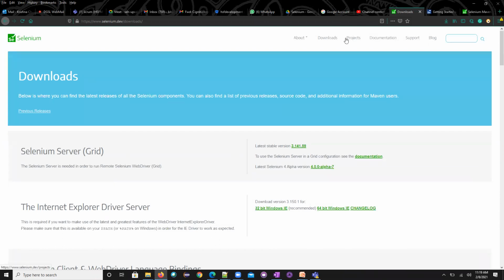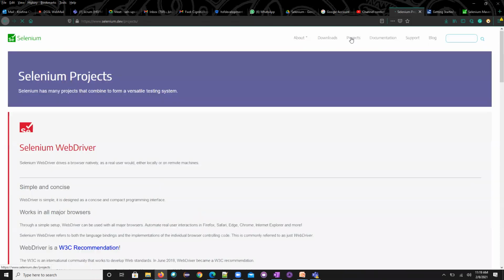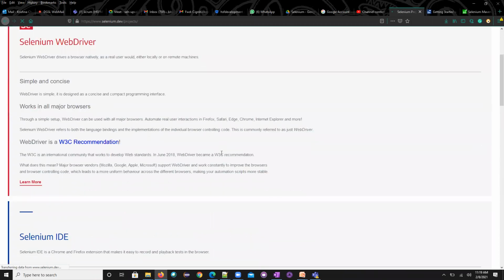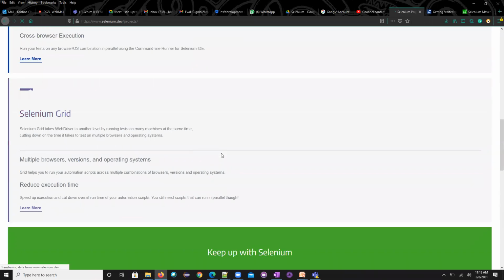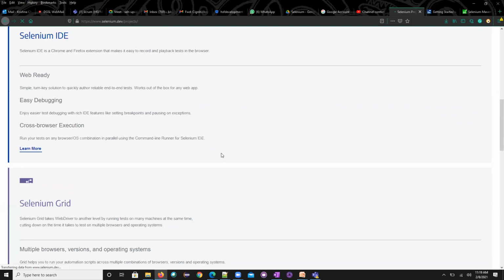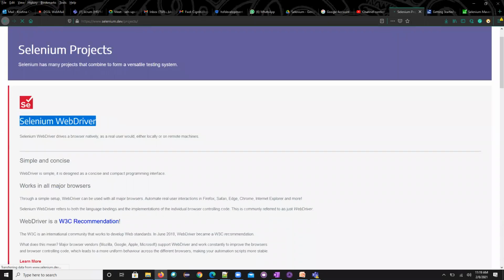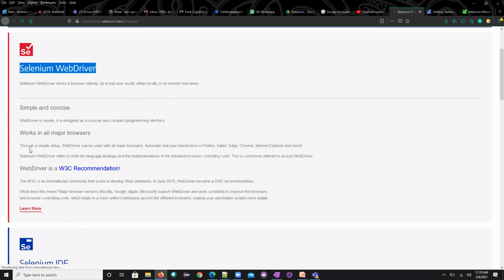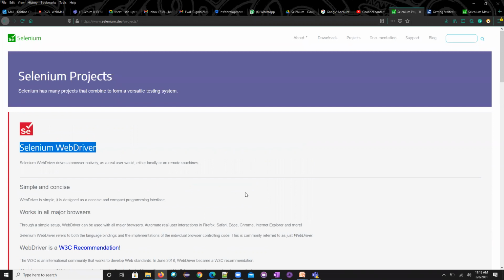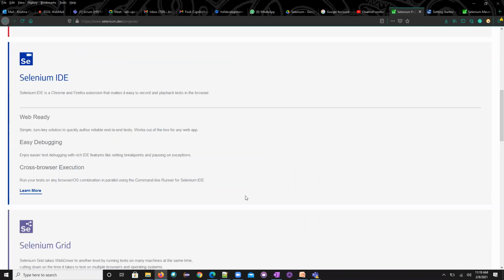And the most important thing, these are the Selenium projects, the other projects we have done with Selenium. There are multiple projects that we can do with this. As of now, the most important thing we need to understand is Selenium WebDriver, and they have given a few informations around this. How the Selenium project has been created, all those informations you can refer over here.